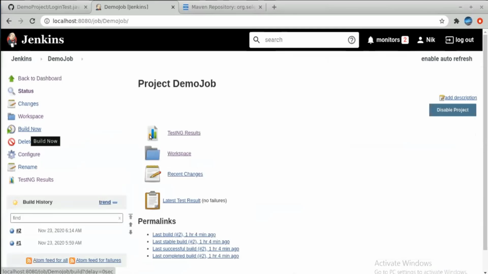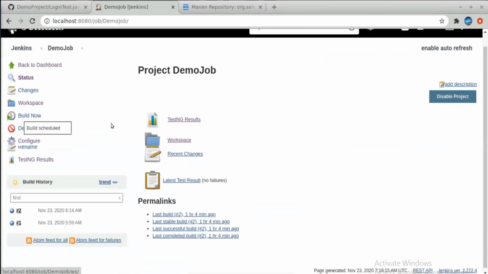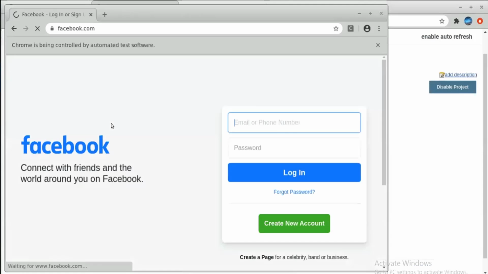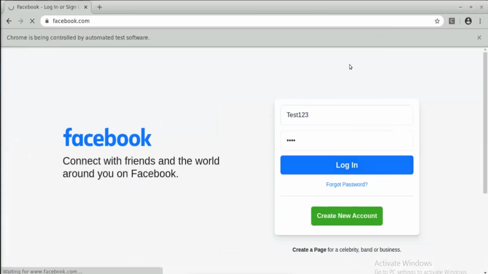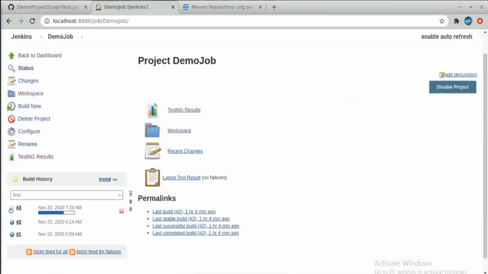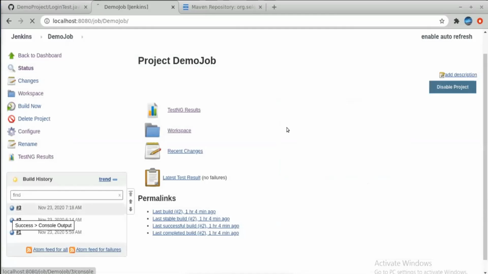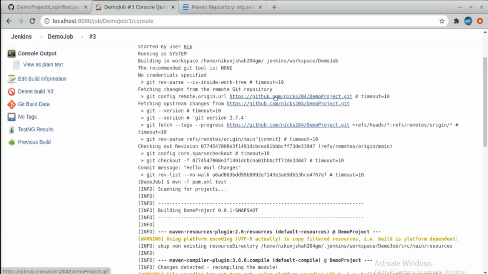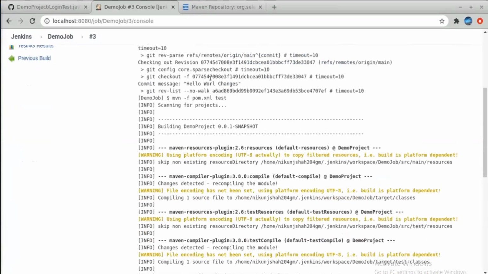Okay, the moment you click on the build now button, it will launch your browser. It will first download your repository from Git, and it will do the same testing that I have done from the Eclipse. Now you see, if I go to my console and see the output, you will understand that it has first gone to my repository, which is there on the GitHub, and then it did the checkout of the code, and then it actually ran the same mvn test command on Git,